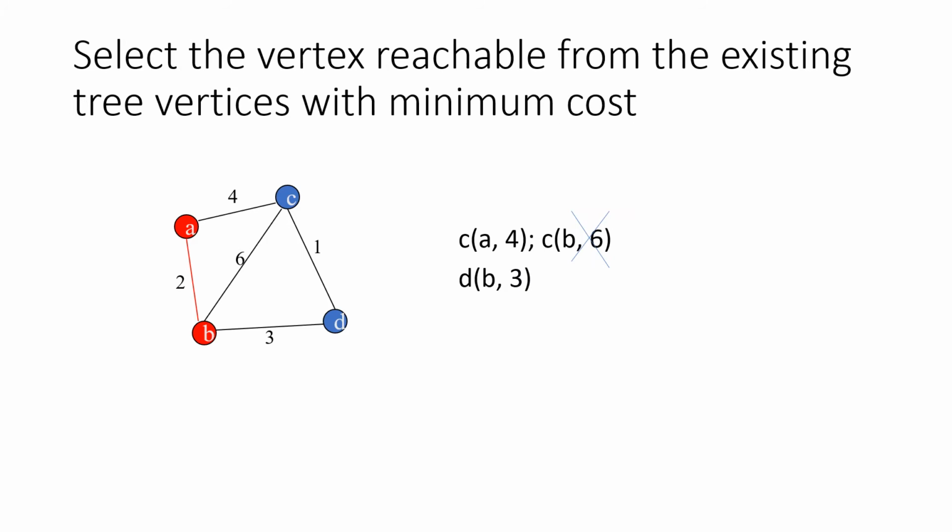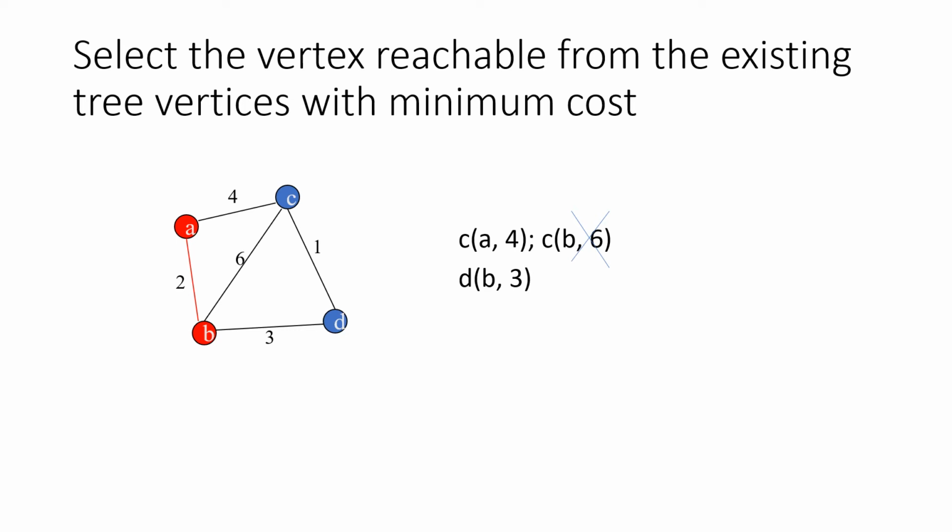what are the two remaining vertices in the graph? C and D. See, I have two options for reaching vertex C. One is from vertex A, I have a direct edge. Similarly, from B, I have a direct edge. As I've already told you, we should not consider D because it is not present in the tree vertices, right? So since A and B are the only two vertices present in the tree vertices, we take only these two vertices in the distance computations. So we have two possibilities of reaching C. One is from A and another one is from B. So among these two edges, which has the minimum cost?